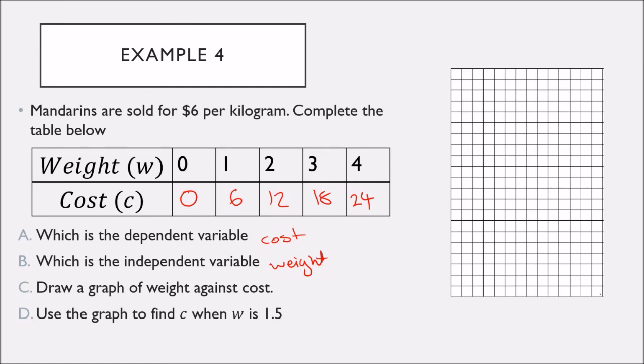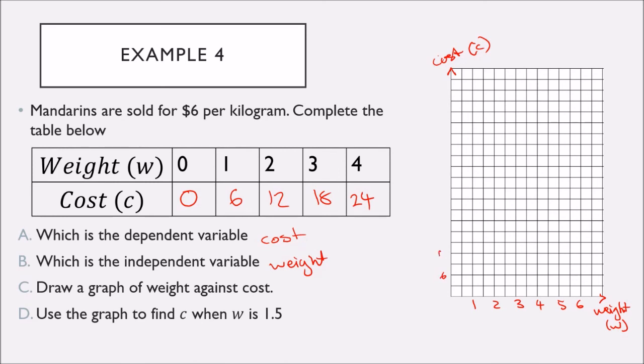Across the bottom here, we're going to make this weight, or W, and then up this side here, we're going to make this cost, or C. So I'm going to make these go 1, 2, 3, 4, 5, 6,